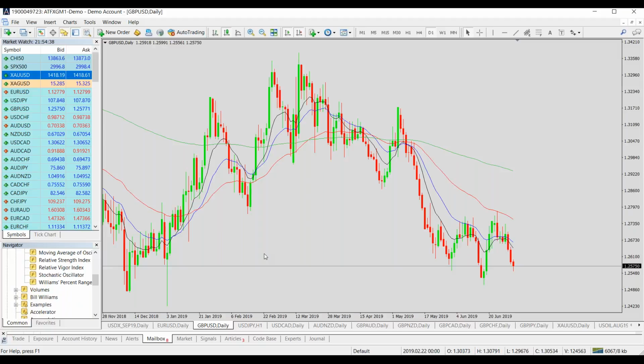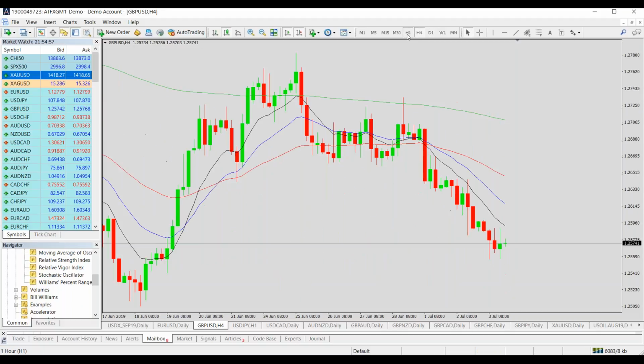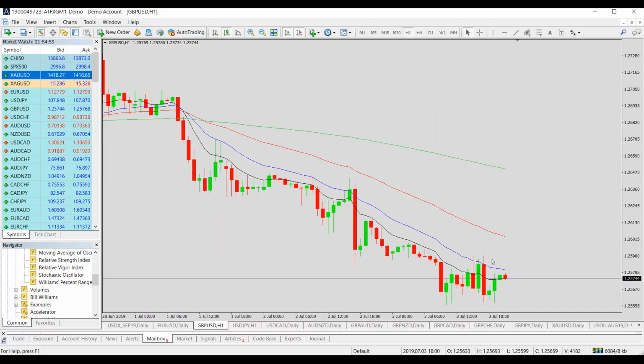So there are a few obvious reasons, therefore, why the pound and pound crosses are depreciated. The pound is depreciating. So cable, certainly we can see bearish price action there. So again, going down to the lower time frames, looking for pullbacks into the moving averages, and then looking for short opportunities. And we can see here, even just with the pound, we've got pullbacks into the moving averages here,